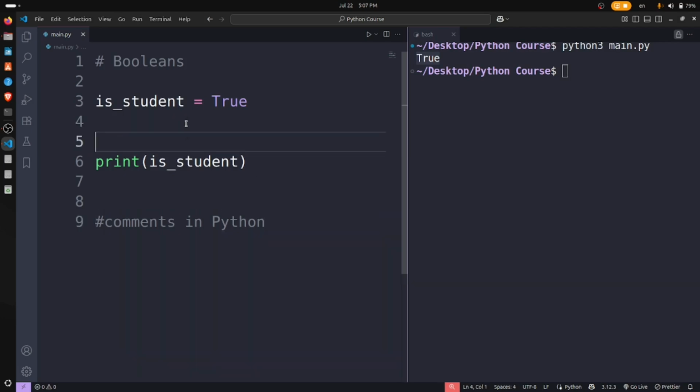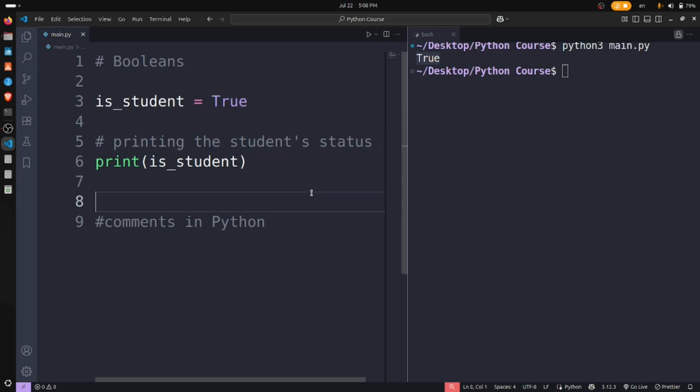For example, a comment will say: printing the student's status. When other developers go through the code, and the project becomes very large, and you work with a team around the globe, like someone working from Europe and someone working from another country,